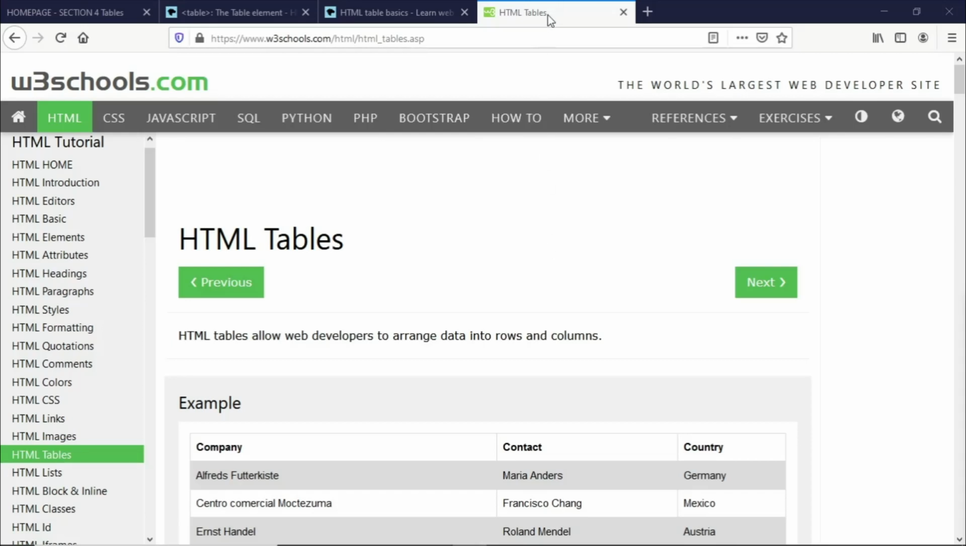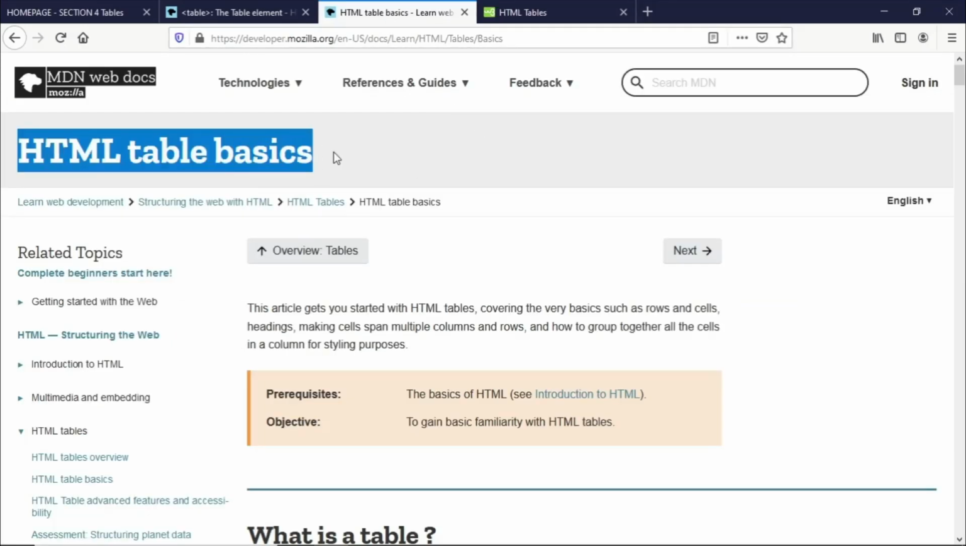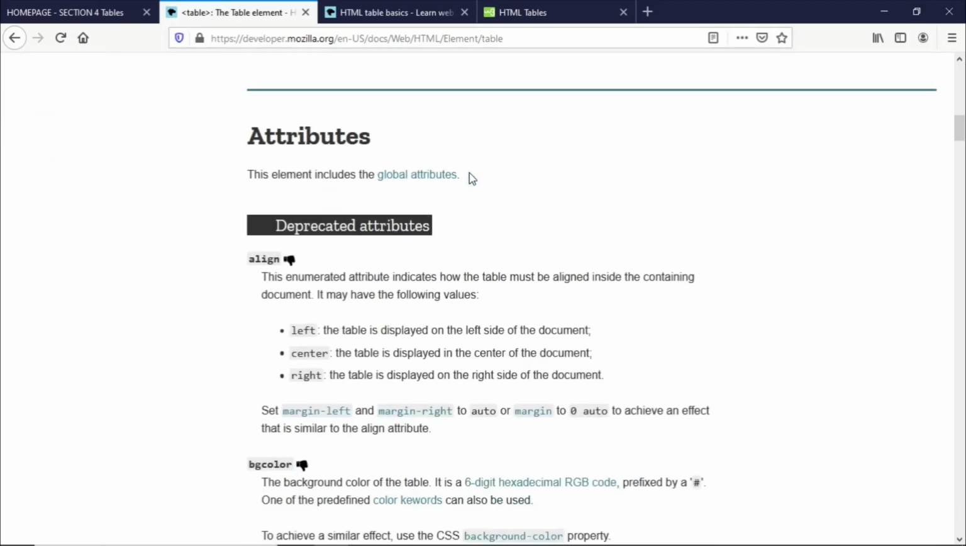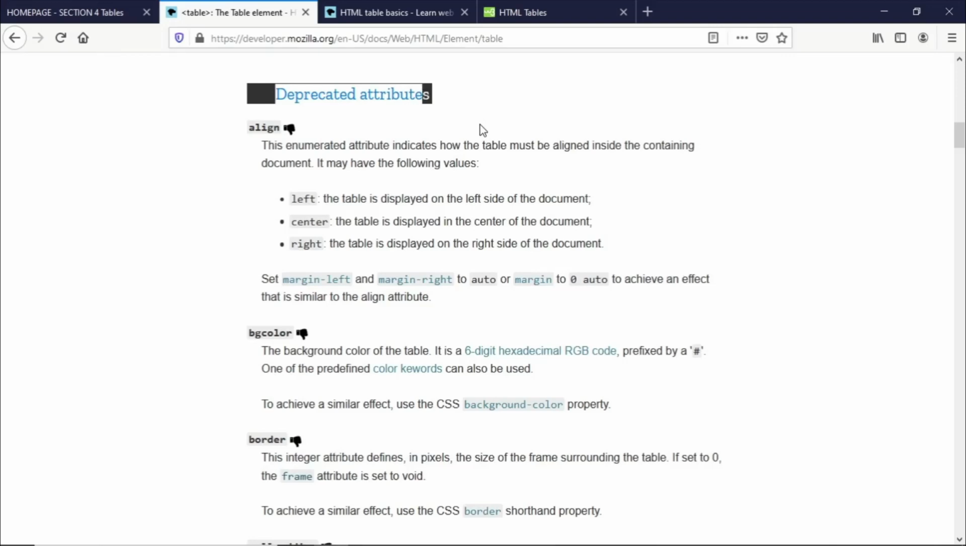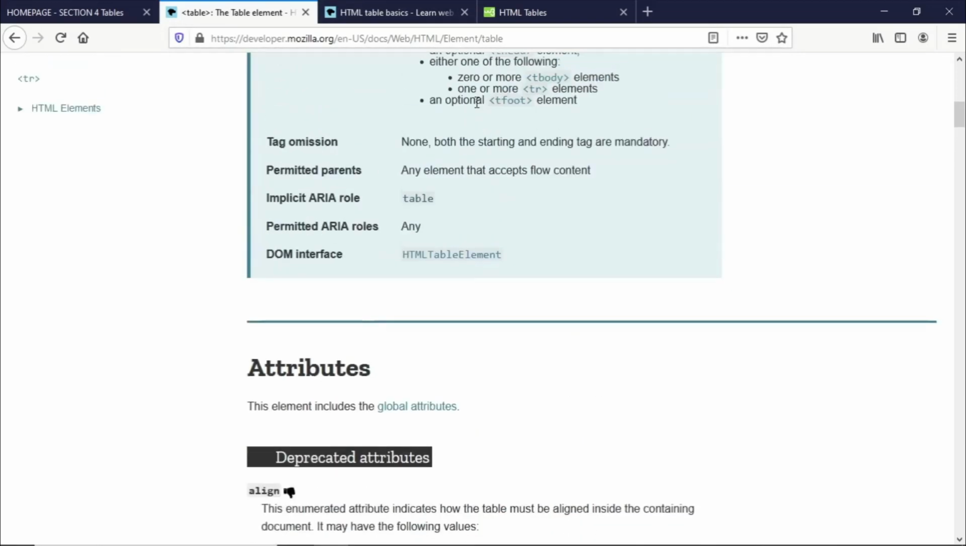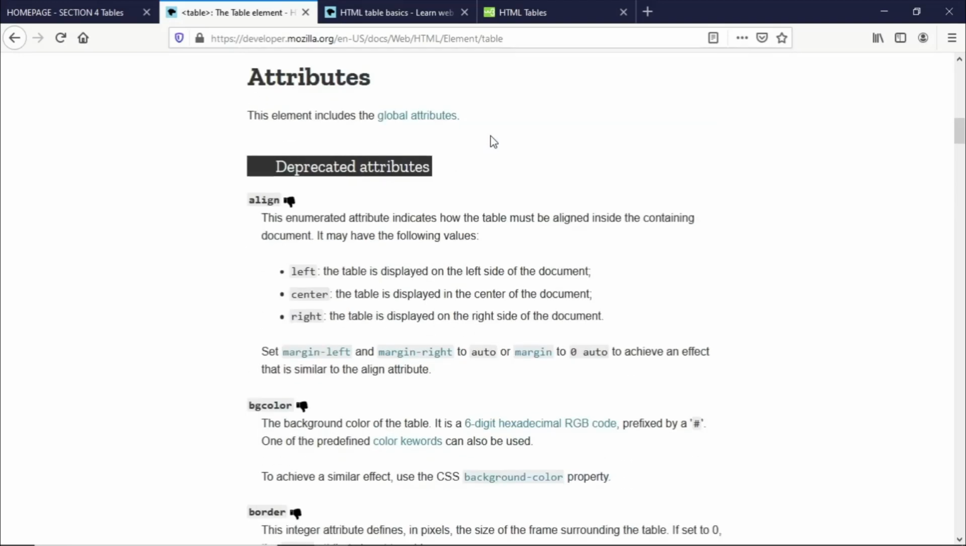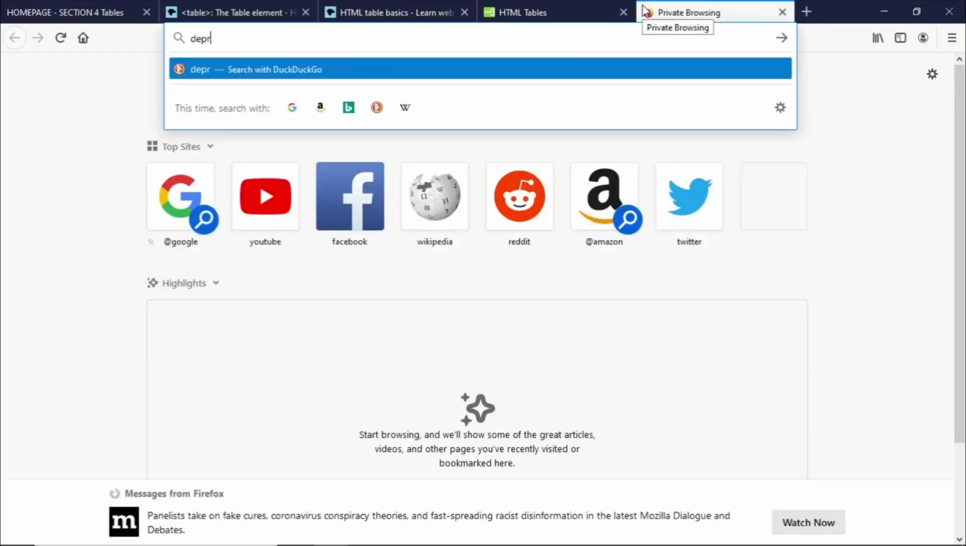I wanted to open up these documentations here because I wanted to show you the basic use of the HTML table, and at the same time introduce to you the idea of deprecated attributes. So it's really important that we know this, guys. At least once you encounter the term deprecated, you would know what that means. So when we say deprecated, meaning